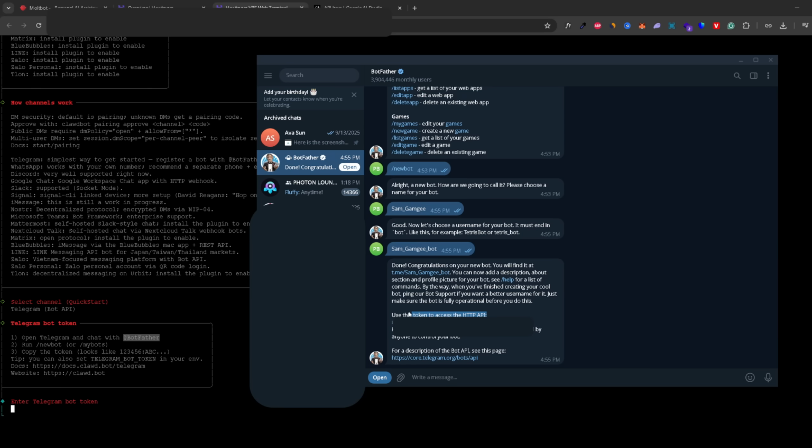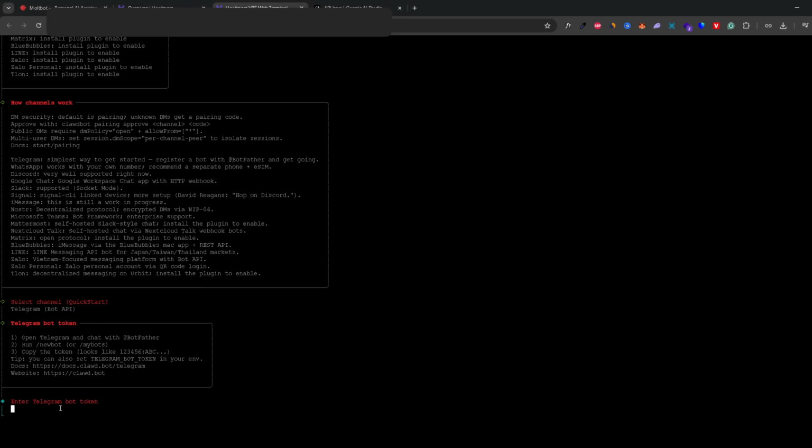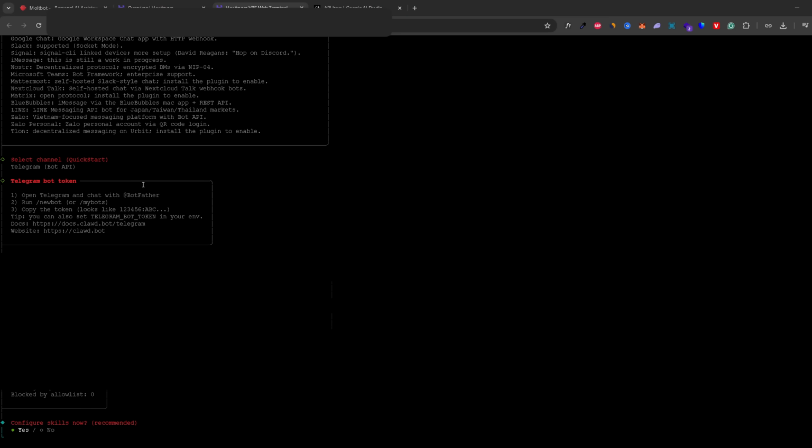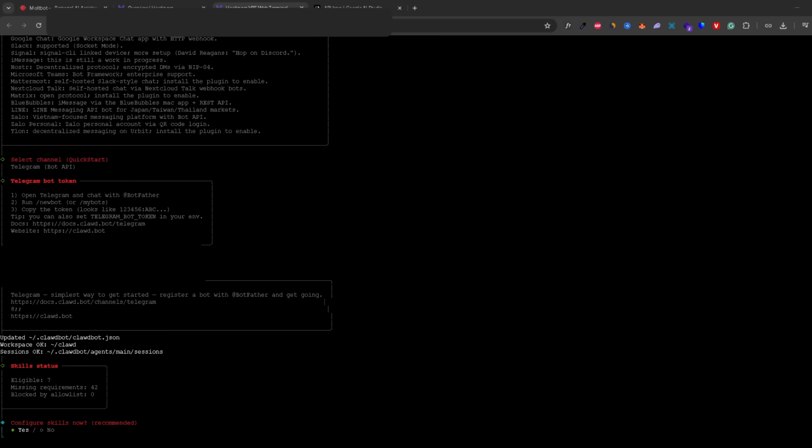And this is the part that we're looking for. So this is the Telegram bot connection token that we will be inputting right here. So just go ahead and copy your token. You can just click on it and it will be automatically copied, and just paste over that token right here. Now, once you have your token pasted, just go ahead and press enter. Now it's connected to your Telegram account or your Telegram bot that we just created, and we can continue with